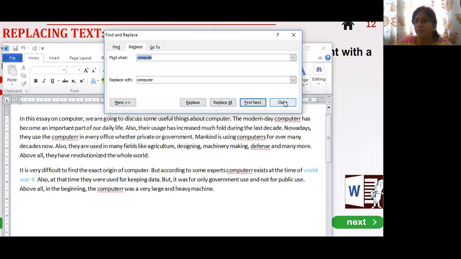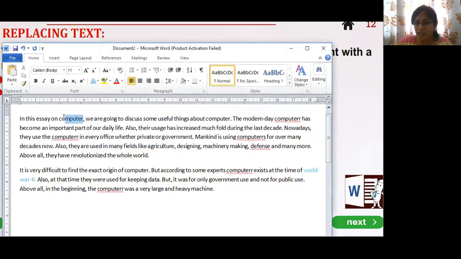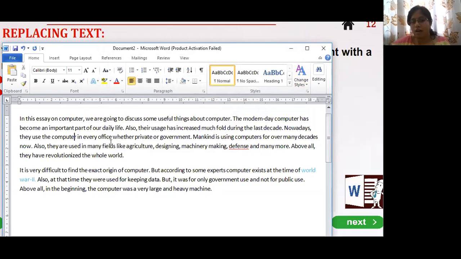So wherever my computer spelling was there, see now you can see computer spelling, compute to R it has become. So it is also computer to R. It has given me an extra R. So I have to just remove that. So wherever compute was written, it has got changed to computer R, correct? Or simply I'll say computer, instead of computer, I want to write it computers.